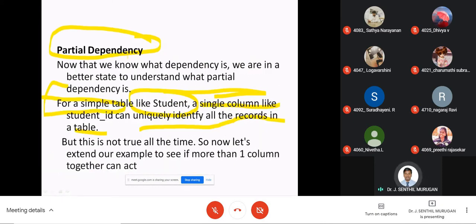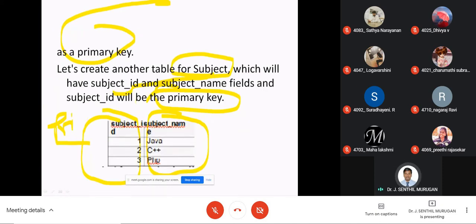Next one, partial dependencies. What are partial dependencies? For example, a student data is there, with a similar kind of unique identifying table. One or 2 more columns can act the same. It is not truly the key, but it can act like one. We'll see how it is going to act. In a particular subject ID and student name, we have different fields, which will be a primary key only.